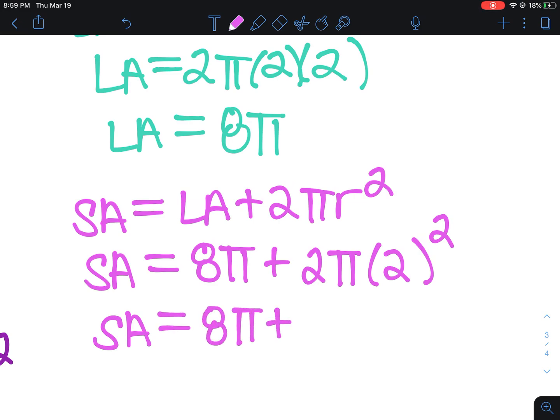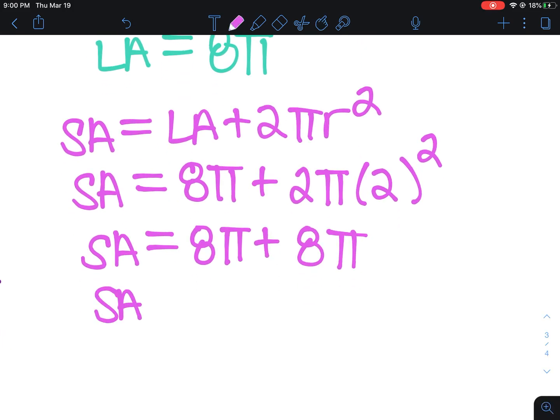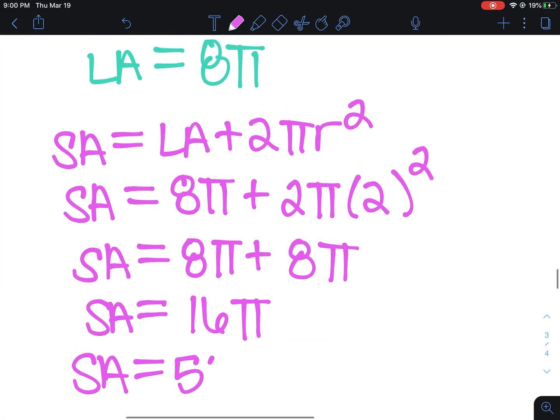So that's 8 pi plus, 2 squared is 4 times 2 is 8. So 8 pi plus 8 pi would be 16 pi, which, when you type that in, would be 50.27